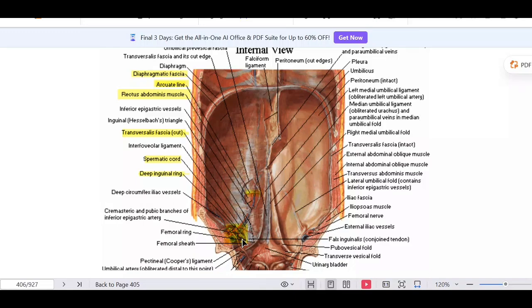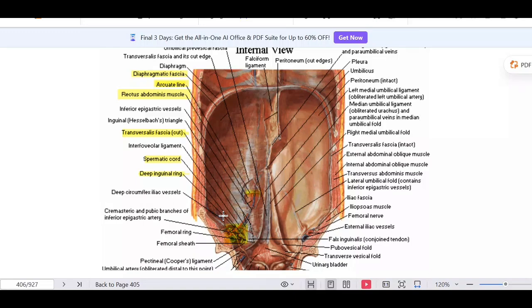So from the margins of the deep inguinal ring, the transversalis fascia is going to continue and surround the spermatic cord in the form of the internal spermatic fascia. So the same transversalis fascia, when it surrounds the spermatic cord from the margins of the deep inguinal ring, continues as a covering of the spermatic cord, but that is also